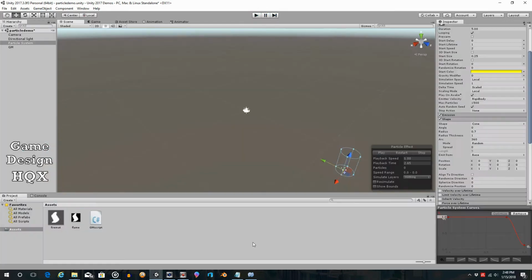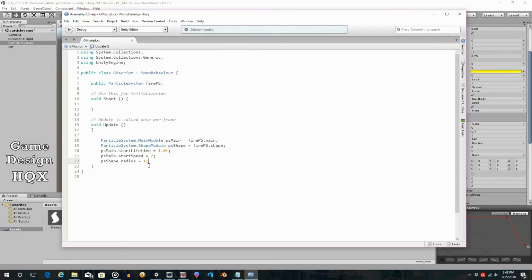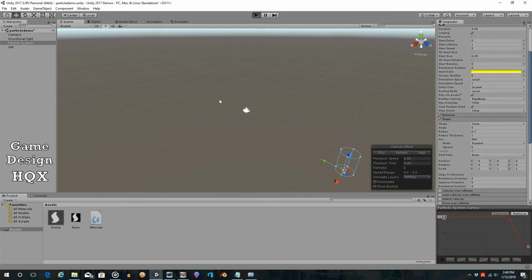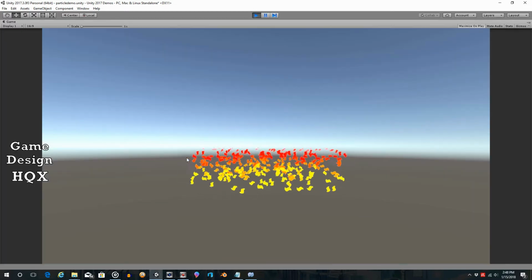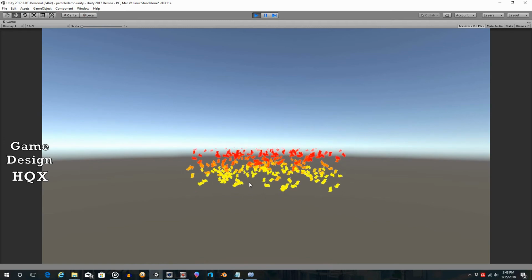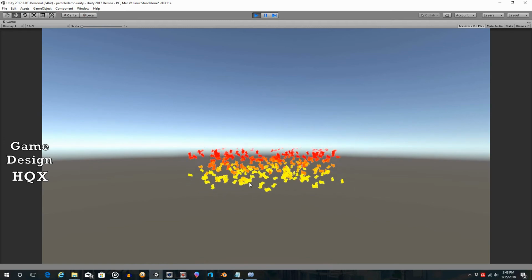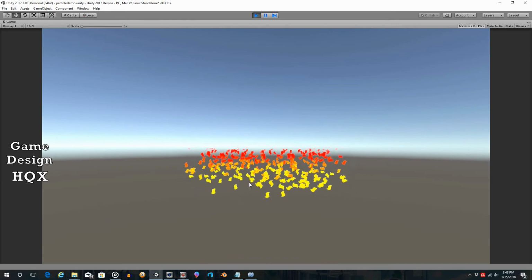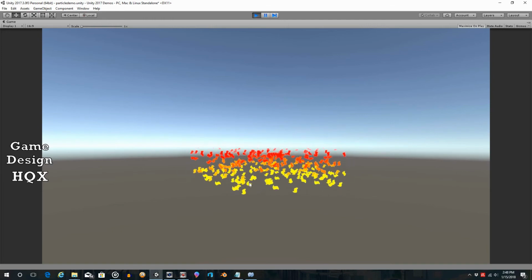Probably doesn't look a lot wider, so let's make it a little bit more obvious. And there's something else I want to talk about, not just changing this, but the impact on the other attributes. So clearly that's a lot wider. It's so wide that it doesn't look even meaningful now. But this is what I'm getting at. If you're increasing the width, or in this case, you're increasing the radius since it's actually a cylinder,